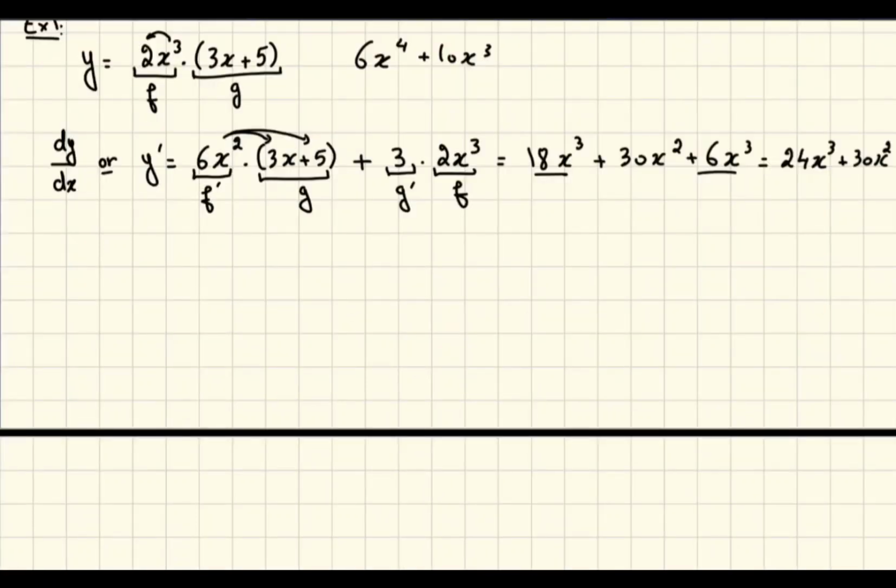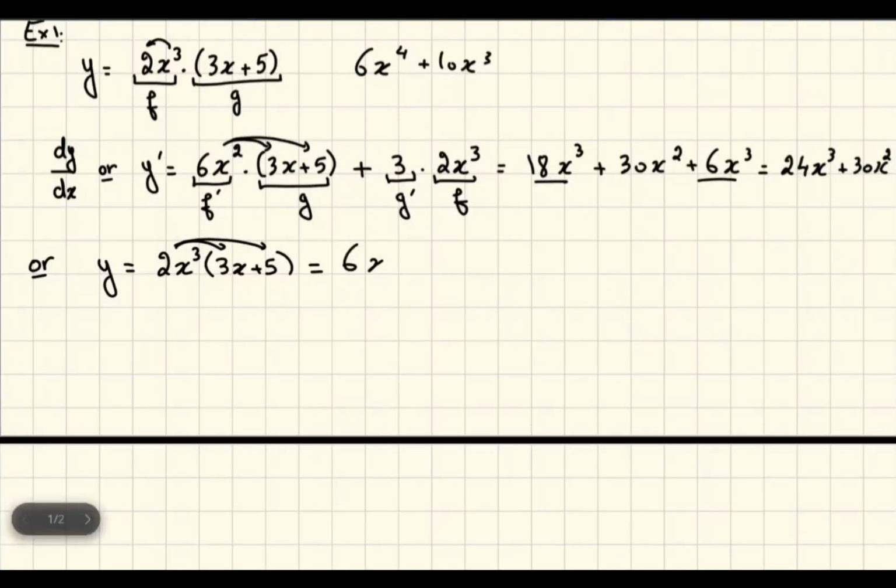If you want to solve this question in a different way, you can start with y and rewrite y as the sum of some terms. So I write it as a polynomial. So first step, we need to distribute. So 2 times 3 will be 6, x cubed times x will be x exponent 4, plus 2 times 5 is 10, x cubed. Now to find dy over dx, which is the derivative in this case, will be the